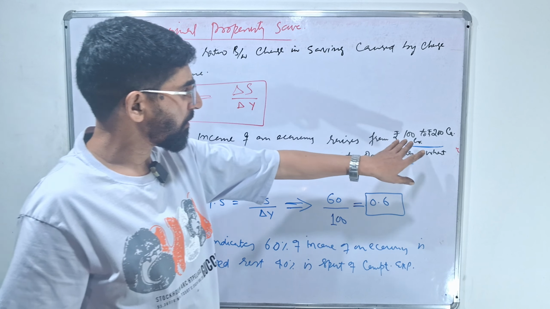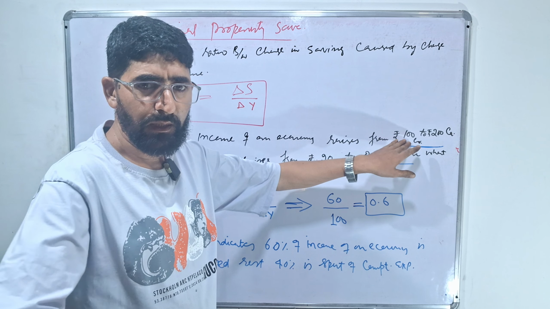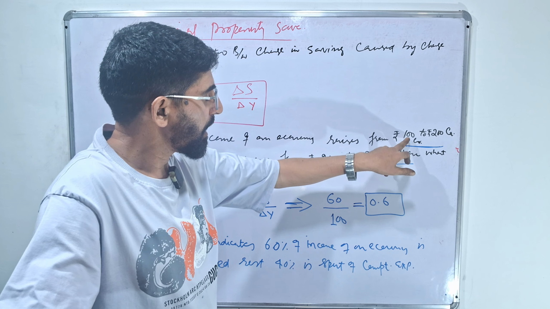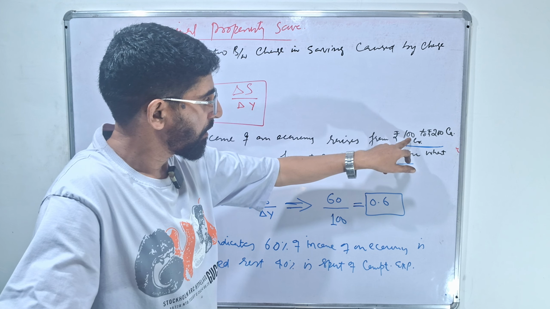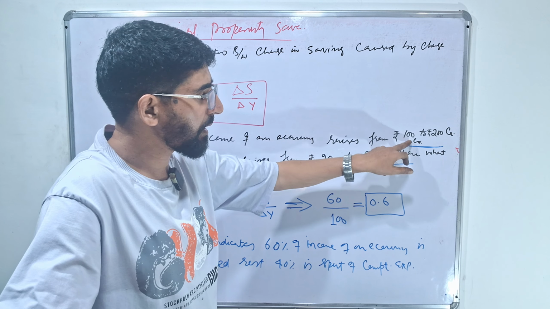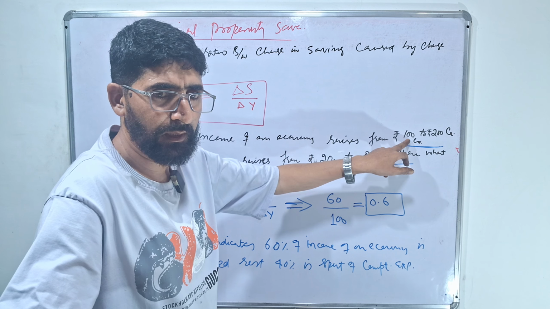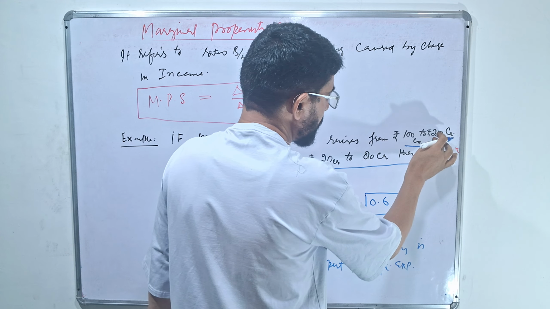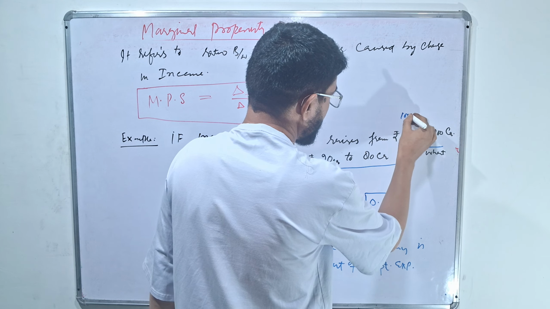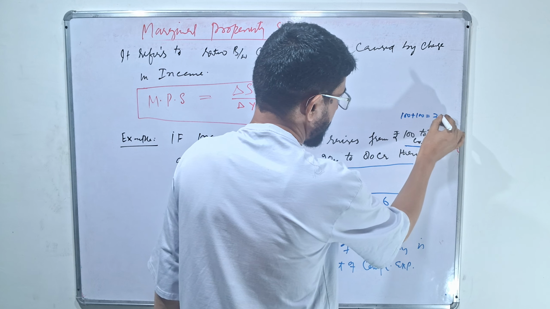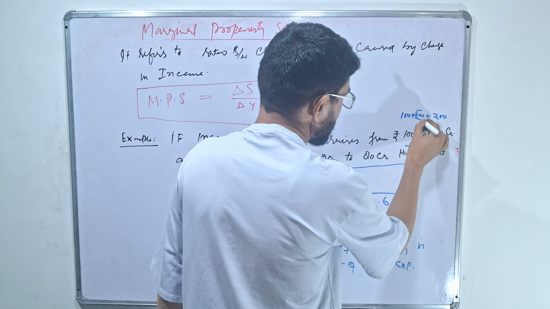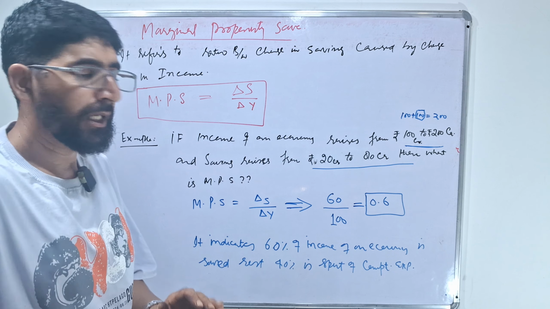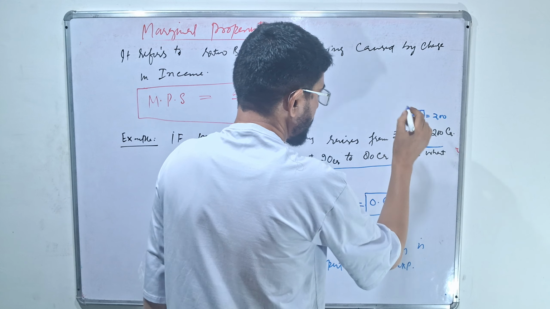Margin means, for better understanding, at first in an economy there was only 100 crore. Additional means when income is increased from 100 to 200, here 100 plus 100 is equal to 200. This 100 is additional income. Meaning this additional income leads to,